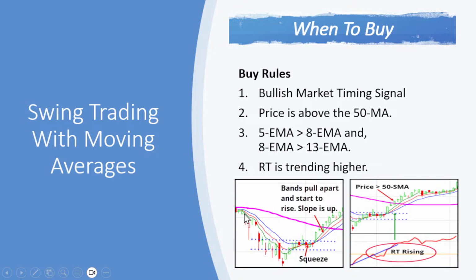Let's look back here first as price was falling. Okay, price falling. 5-day EMA below the 8, the 8's below the 13. You're in a short-term downtrend. You're also in an intermediate-term downtrend as well because price is below the 50. Then the stock price rallies and begins to approach the 50-day moving average, and those three EMAs squeeze together.